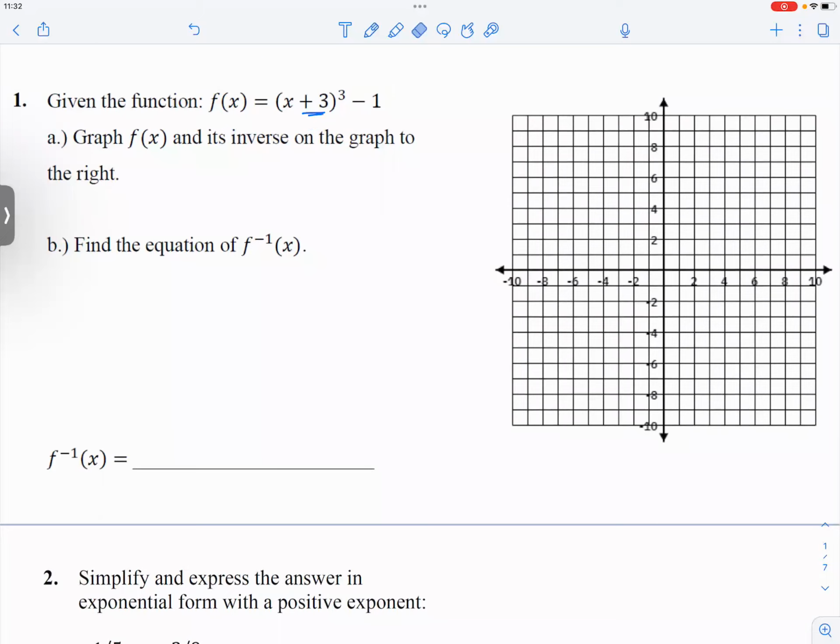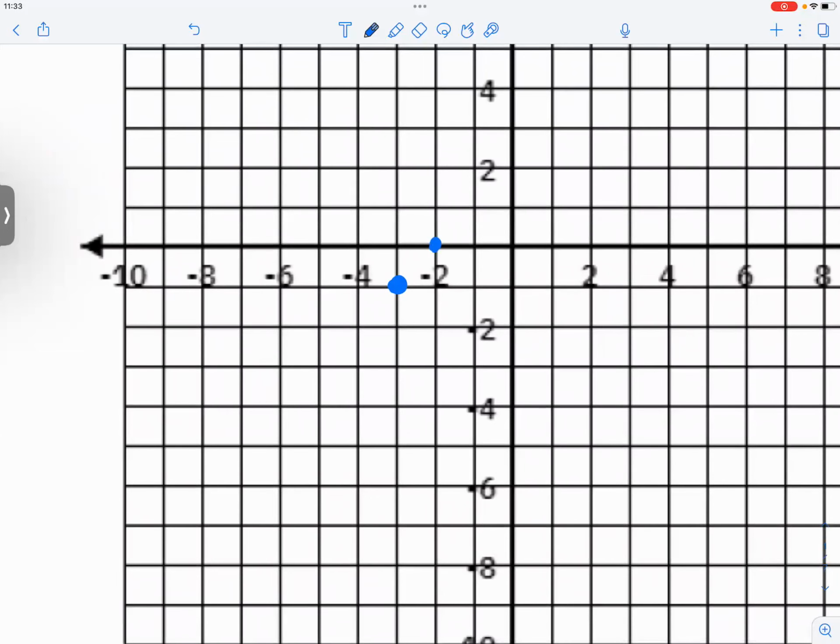And here we only have two transformations. We have a horizontal translation and a vertical translation. For the horizontal translation, we are moving to the left by 3 units because the h value is actually a -3, the k value is -1, so we are moving left 3 units and down 1 unit. All right. Then what we will do next is go ahead and make our cubic function